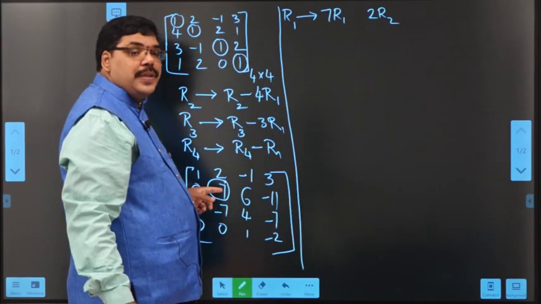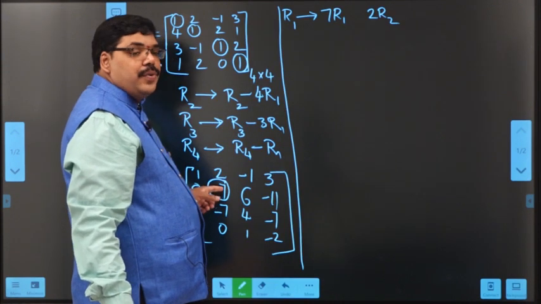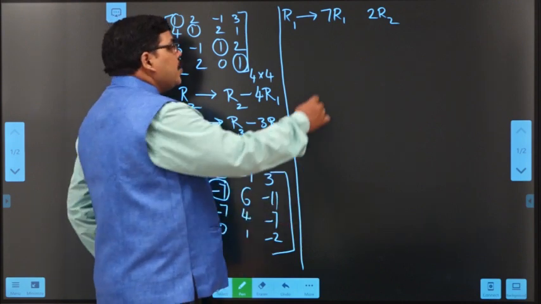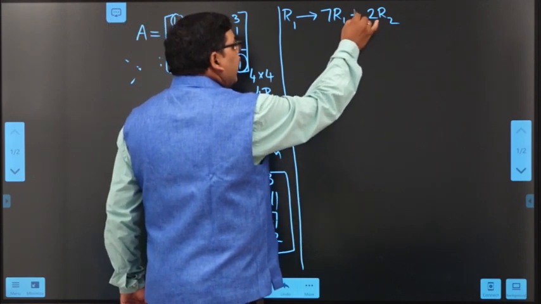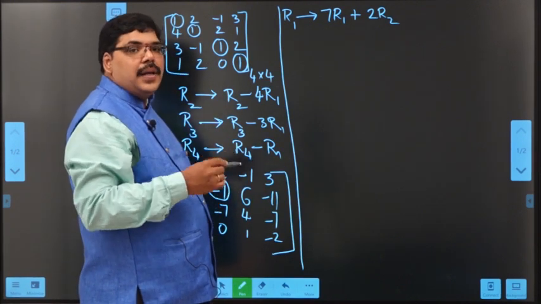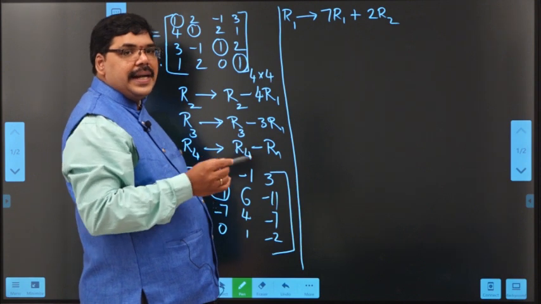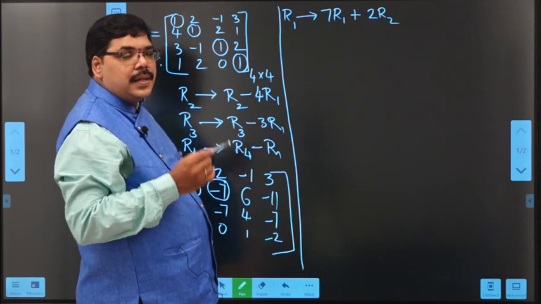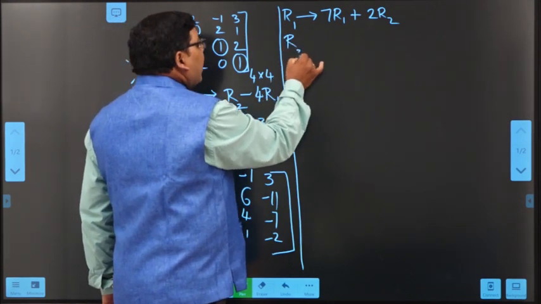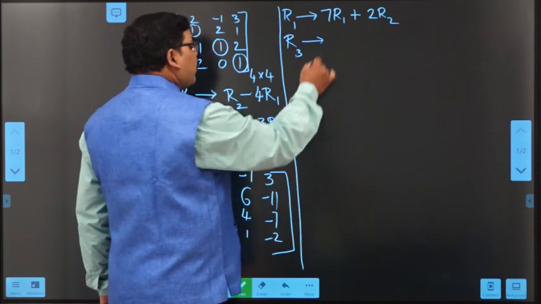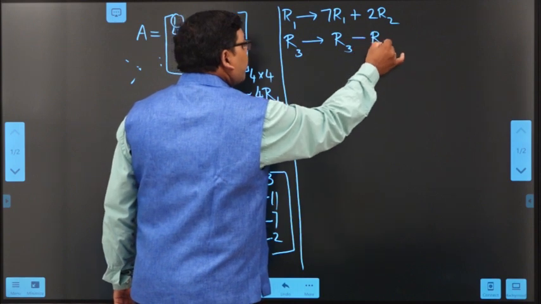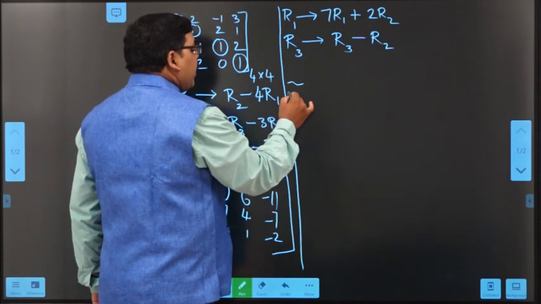When I multiply the second row with 2, 2 into 7 becomes 14, minus 14. So this will become plus 14, this will become minus 14. So the result will be 0. So I am adding here. If it is complicated, you work through rough and tell me what will be the result of the particular row operation. Similarly, R3 implies R3 minus R2. Then the matrix reduces to,